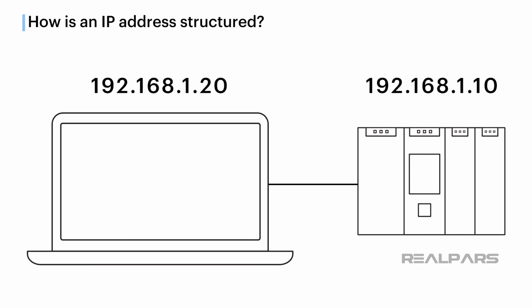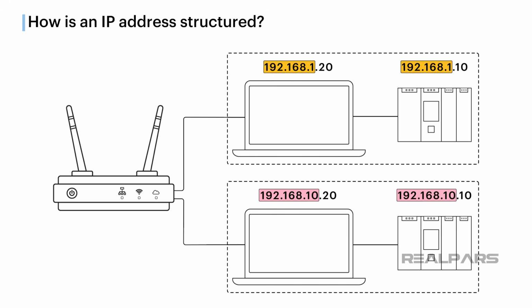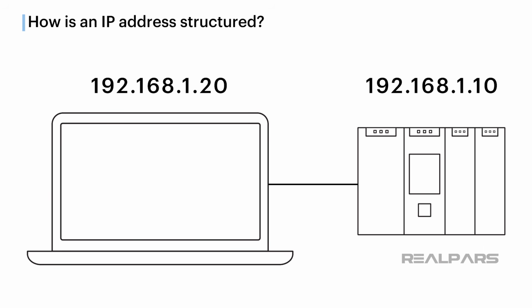This is important because 2 devices can only communicate with each other if they are on the same subnet or a router routes packets between the devices over different subnets. Networking and routing are complex topics. To keep things simple, you will generally configure your computer and the device you want to communicate with to be on the same subnet, so that they can communicate directly with each other.